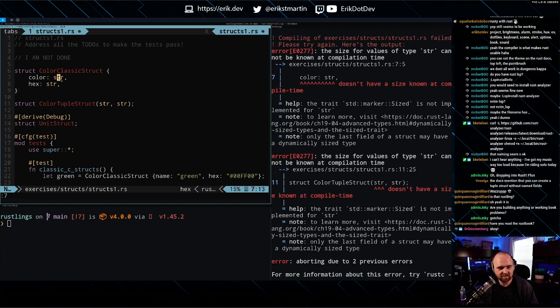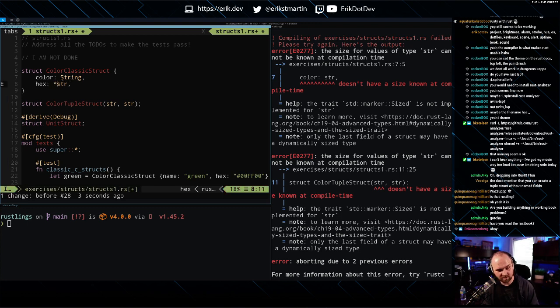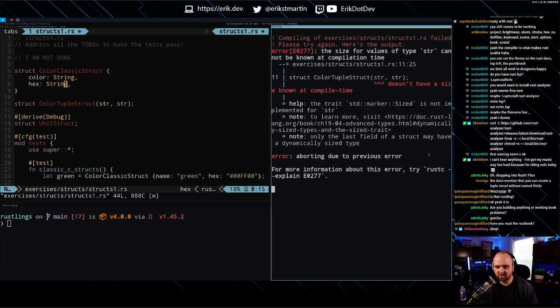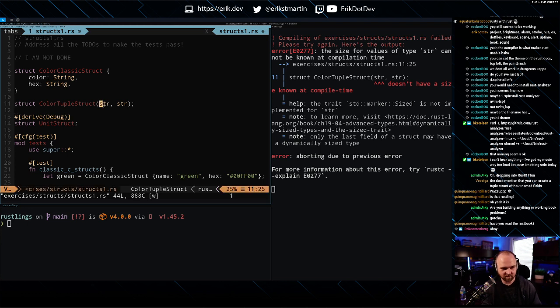So this doesn't have a size, so does that mean that we need to change this to this version of string? Or are we changing it to a pointer to string? Let's see. What's going on, Dr. Dumenberg? Okay, so same thing. We need to change these to the actual string type. I still screw these up all of the time, or did anyway.